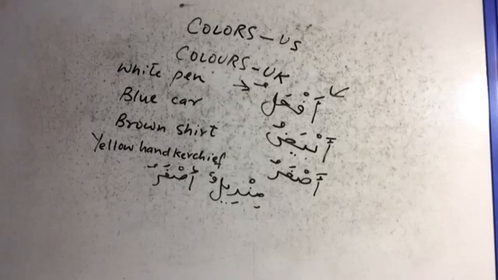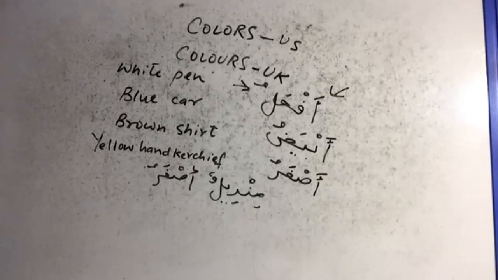Make sure you're noting all of these down because when we do exercises, you should not get confused. I'll give you the names of colors. The colors we have studied so far: abyadu, that is white; asfaru,